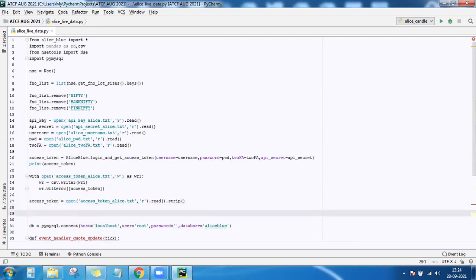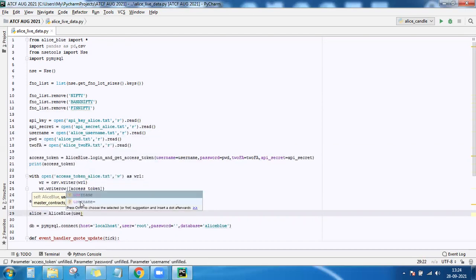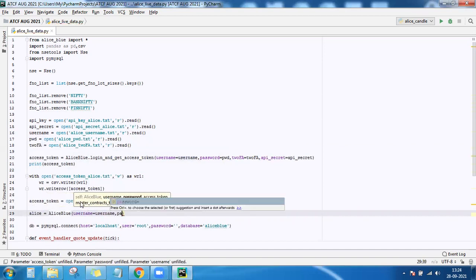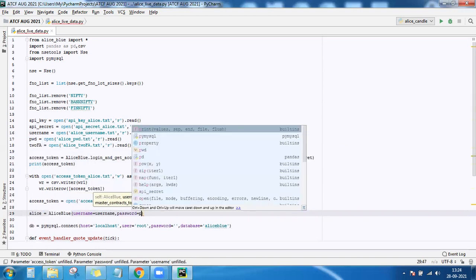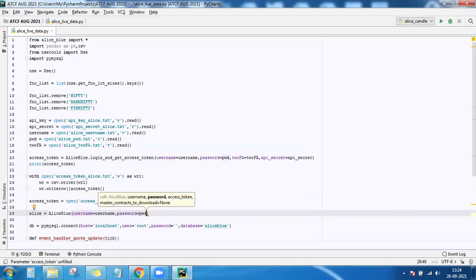So access token you have read. Now create an Ally's Blue object. So username, password, now give the access token that you have and the contracts that you wanted to download.